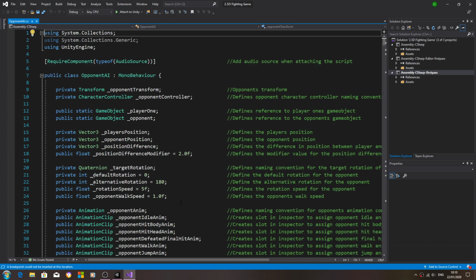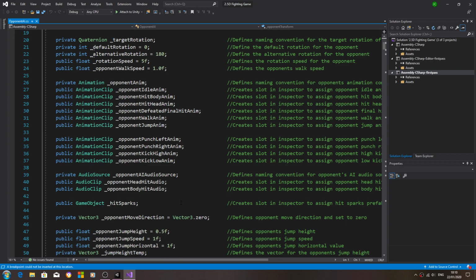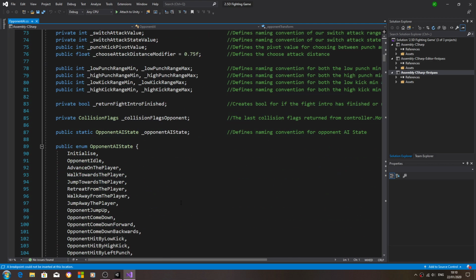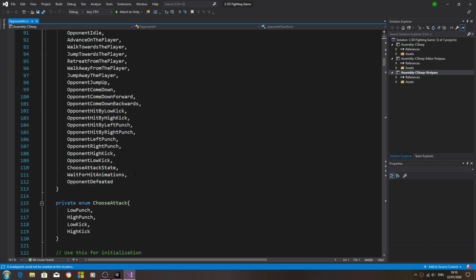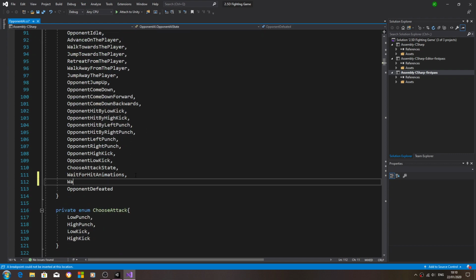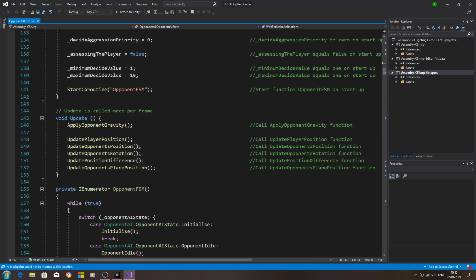So, in this lesson we're going to carry on with the opponent strikes code. And we're going to begin by coming to the public enum opponent AI state. And we'll create a new function, wait for strike animations this time. Okay, with that done,